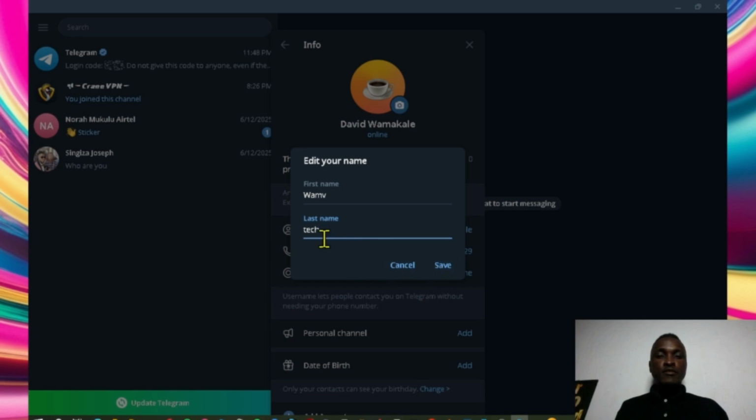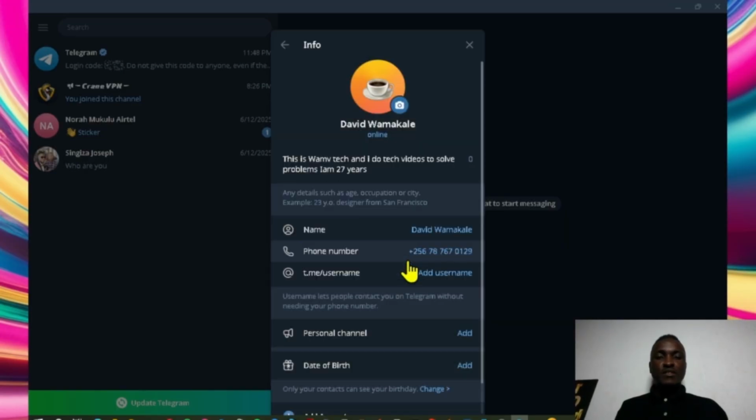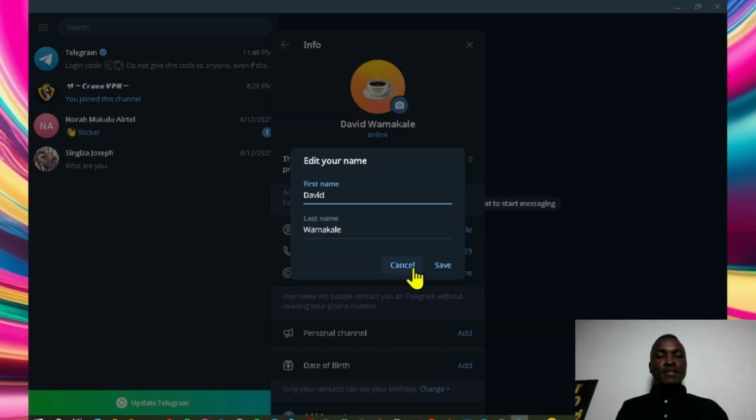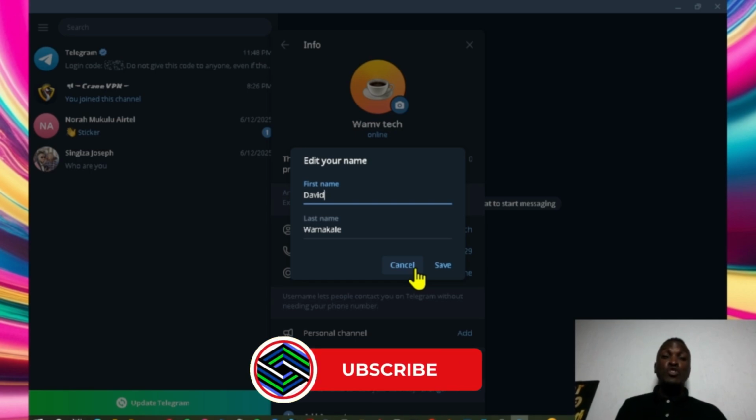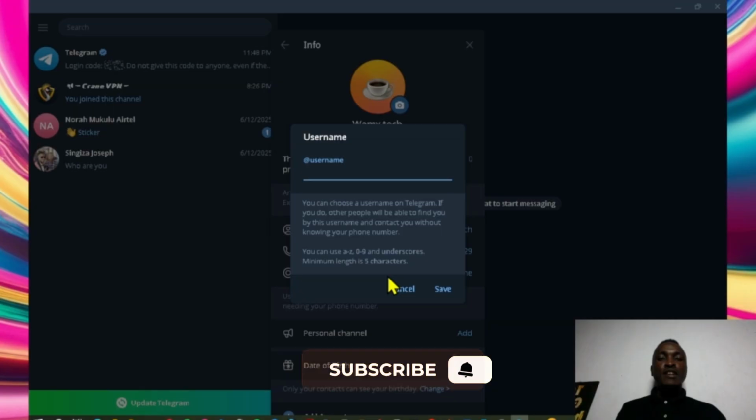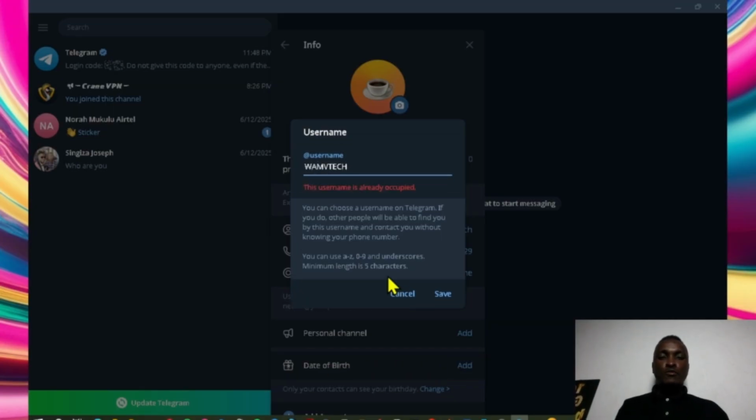Oh, why isn't it doing? Okay, let me try to change this into caps. Okay, it's not working. Let me see. Okay, let's just leave the name as it is. I would have used another name, but maybe it detects if you're not using the real name and it won't work out. So let's just leave that. So the username,